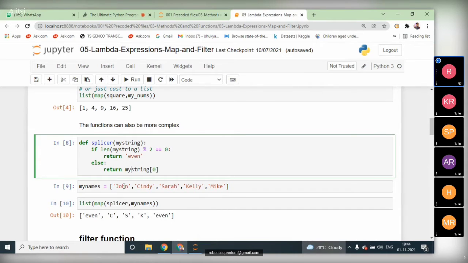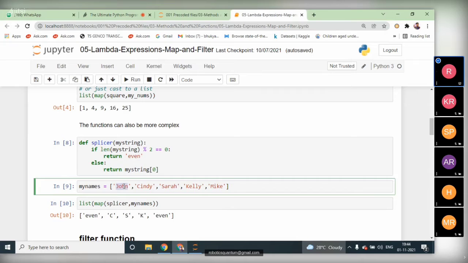See, here we have multiple strings: John, Cindy, Sarah, Kelly, and Mike. They all consist of different lengths of characters. See, Sarah has 5 characters. This is an odd number. In this odd-length string, it will print the first character. If it is an even number of characters, it will return even.